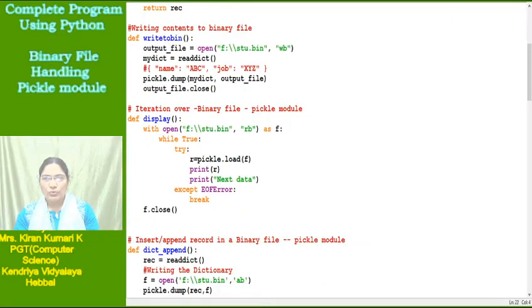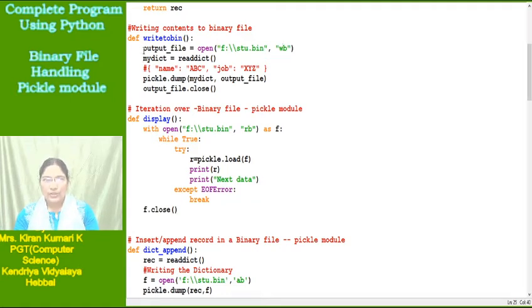And then how to write to a binary file. As the file is to be written, I have named the file object output file, and we have to open it in write mode. When you are writing, where will the file pointer be? At the beginning of the file. So whatever contents were previously there will be overwritten if you write in this mode.